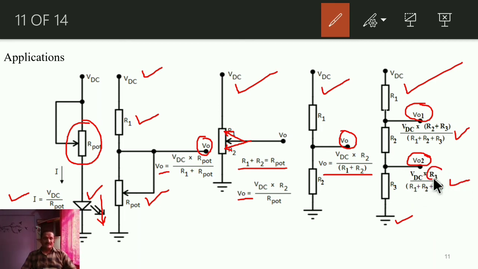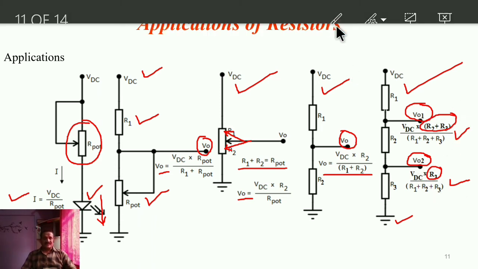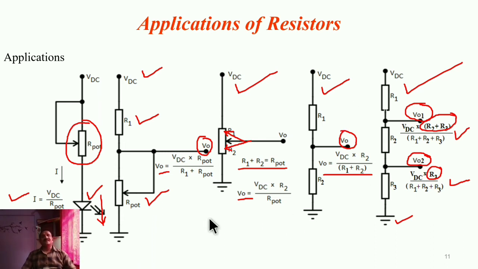See, this is the major difference you can observe in this formula. Remaining is the same, is it? And that's why VO1 will not be equal to VO2. So by using such a series combination of multiple resistors, we can obtain secondary voltage sources using the voltage divider. So what is the application of a resistor? Here we can say the resistor is used to limit the current, as well as it can be used as a secondary voltage source, right?